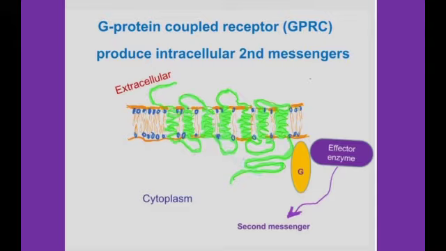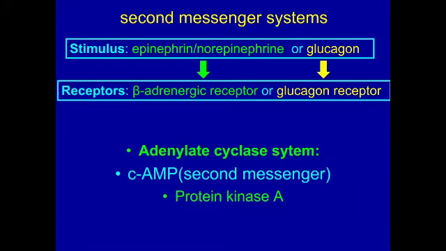So it's going to produce cyclic AMP. This enzyme, once activated by the proper G protein, which in turn was activated by the receptor activation, will produce cyclic AMP. So this molecule increases, goes up in the cell. Then it can go and activate another protein kinase called protein kinase A. I'll get into all the steps here in a minute, but on this page, I want you to appreciate one